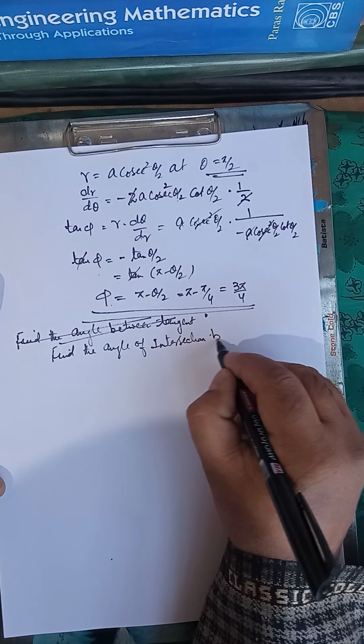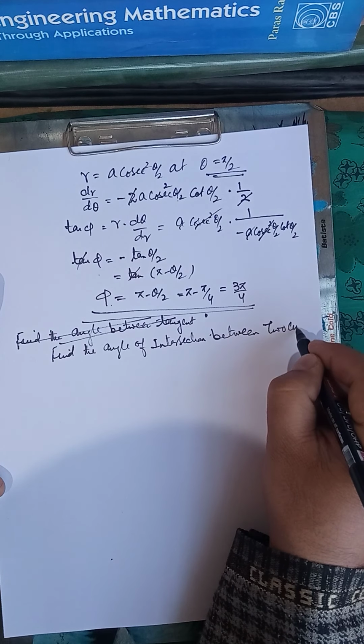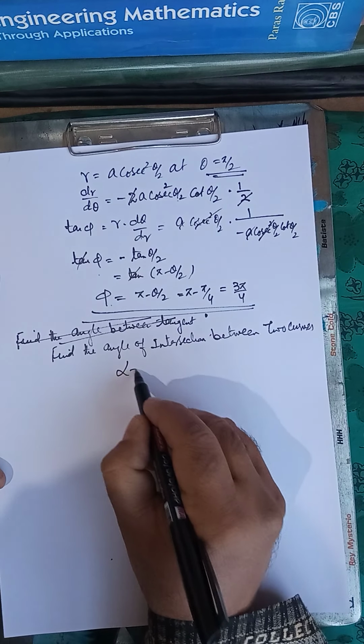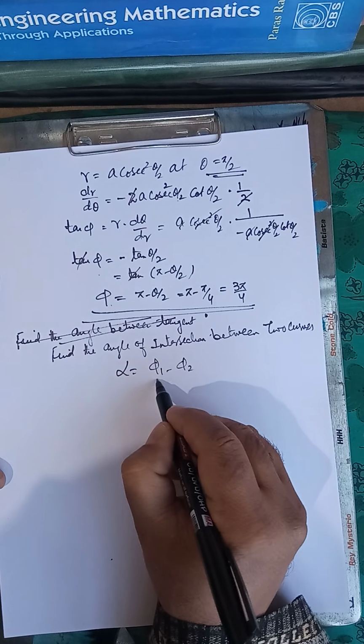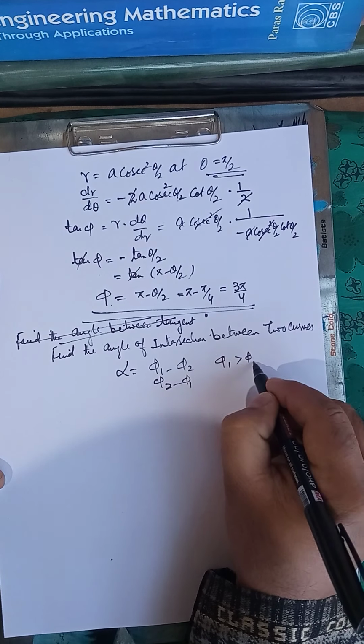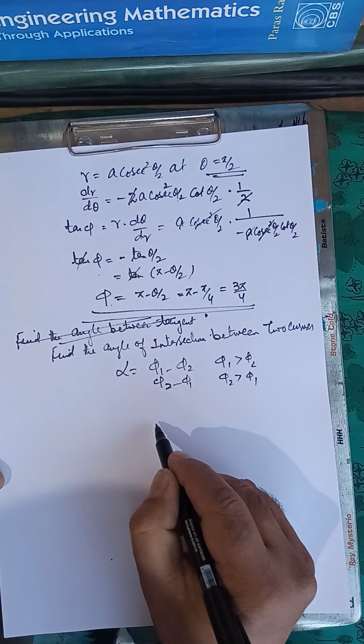Intersection between two curves. You know that alpha is phi 1 minus phi 2 or phi 2 minus phi 1. Which one is bigger? Phi 1 is greater than phi 2, or phi 2 is greater than phi 1? Let me again